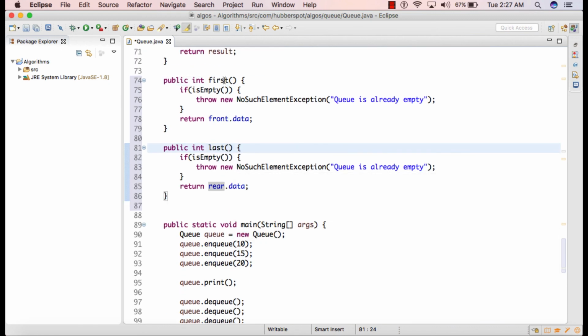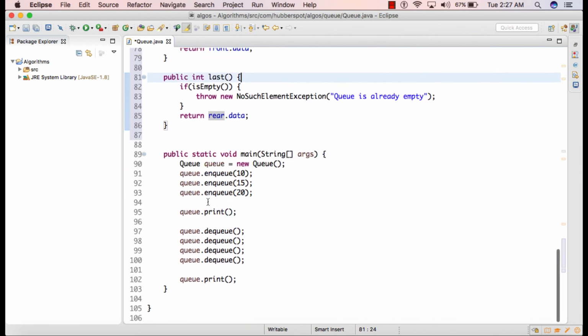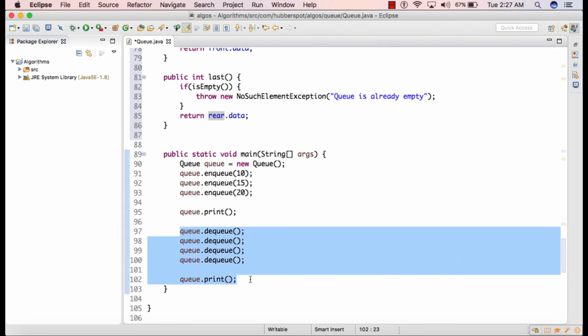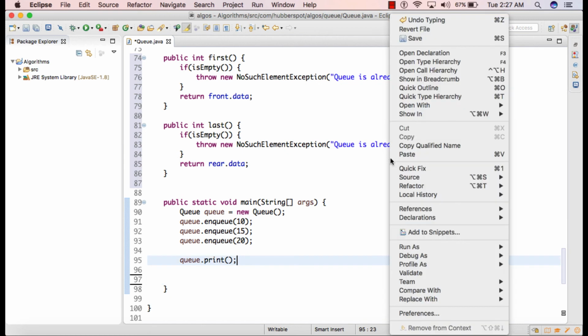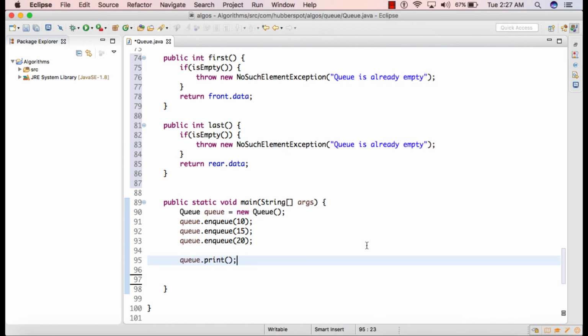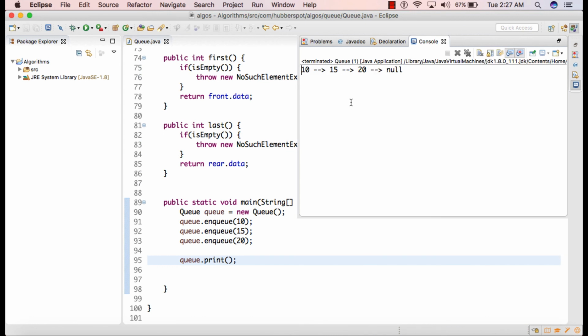So friends, let's test the working of first and last method. So here I will just remove this thing. So we have inserted 3 nodes with values 10, 15 and 20. So if I run the code, you can see front is pointing to a node having data as 10 and rear is pointing to a node having data as 20.